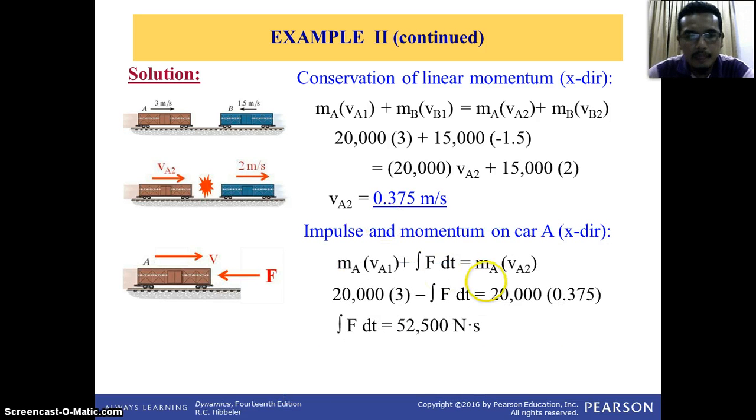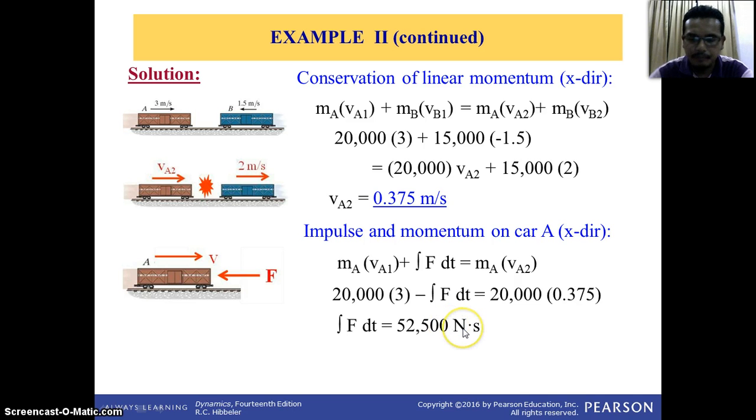So how do we get the impulsive force? Using impulse and momentum. Using this equation, we take only one rail car, with the initial momentum to the right and the final momentum also to the right. So we have the force given by rail B on rail A. The force is to the left, so we have a negative direction for the impulsive force. Using this equation, finally we can determine the impulse,